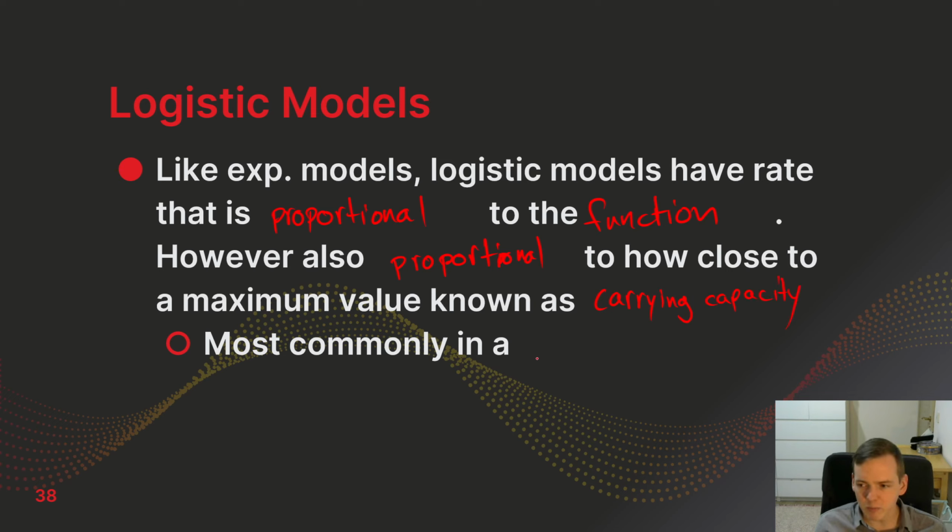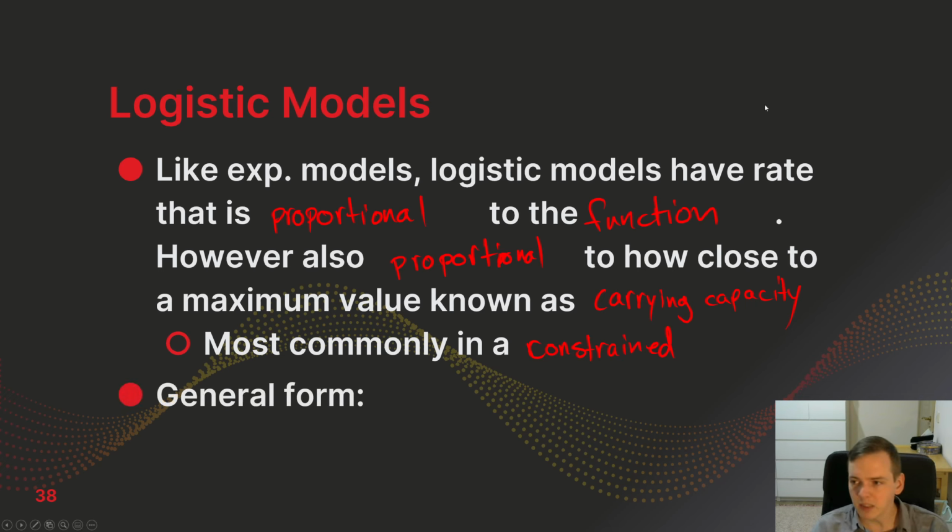This happens most commonly in a constrained environment. Most real world problems would involve this because if you think about a field and a bunch of rabbits living in it, there's only so much food in that field. If there's too many rabbits, there won't be enough food, they'll start dying. So there's some constraint on that population. But the more rabbits you have, the faster they'll grow, the rate of change will grow. So this is what we'll end up looking at here, is how we balance those two